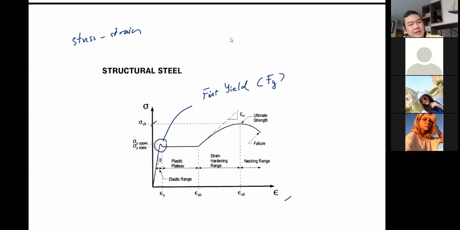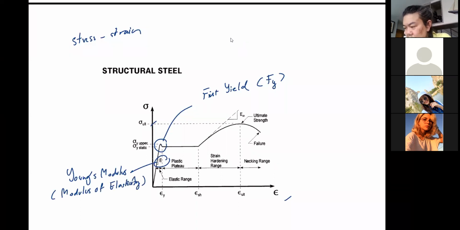And before we reach that point, from 0 up to the first yield, you should know that the stress and strain will be proportional. So that's why you can call the first yield the proportional limit as well. And we can also derive another relationship from the linear relationship between the stress and the strain, and we call that E, Young's modulus, or modulus of elasticity, denoted by